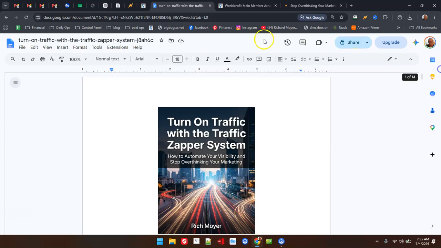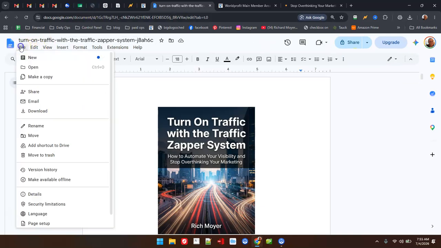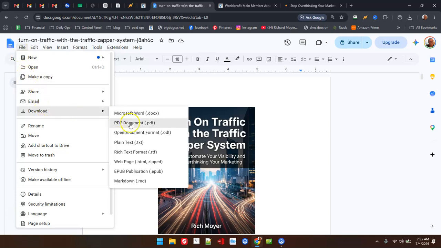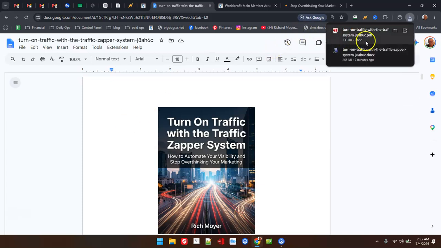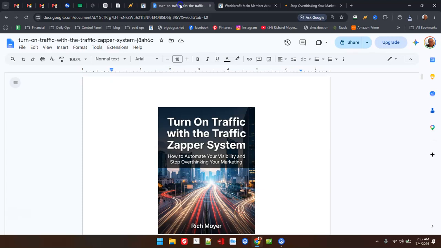Now, what you do, it automatically saves, but in order to get this as a new PDF, you say download as a PDF, and it'll create another version of this that is going to be what you edited. So here I have my complete book the way I like it edited, and I'm going to go back to